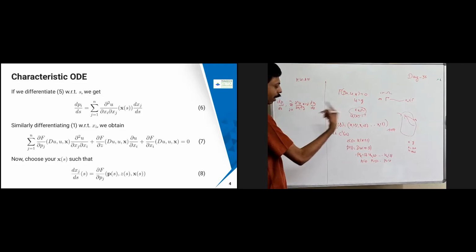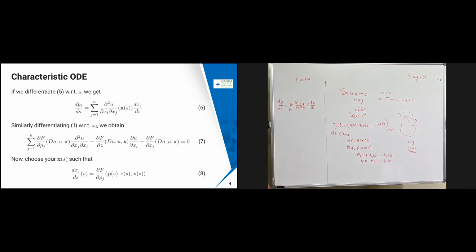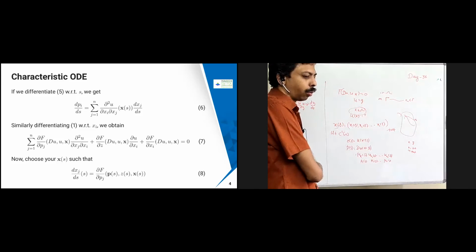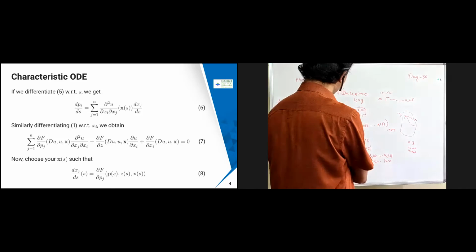Okay, so we'll relax these conditions in the next hour or on Friday's class. How to relax it and then get weak solutions. Okay. So right now we are taking u belongs to C square of omega, which is over expectation than what the problem is having. Okay. So we'll keep that aside.